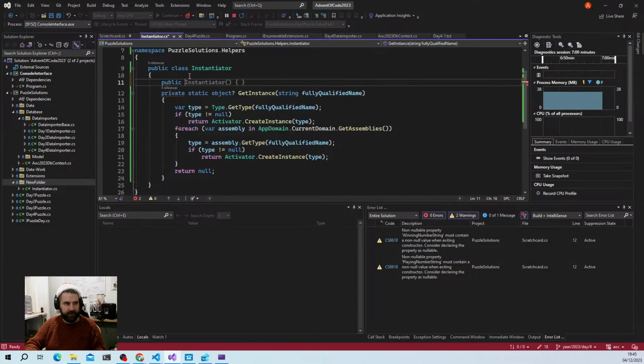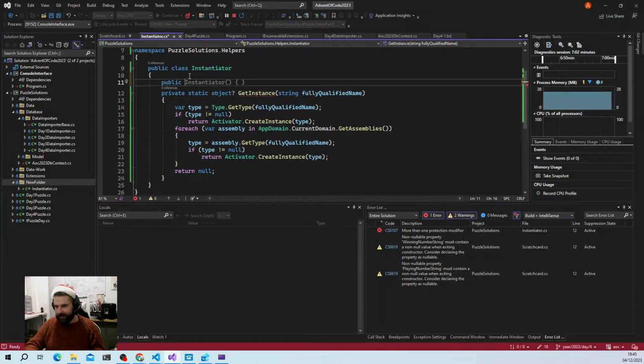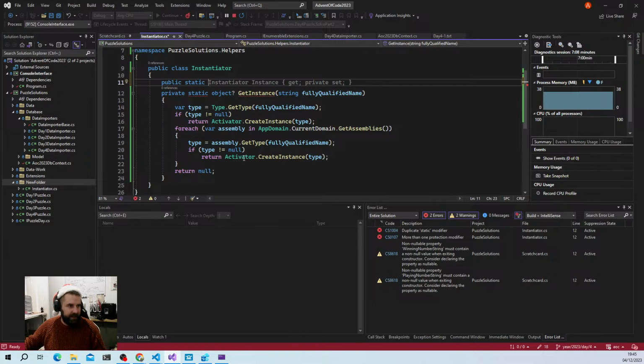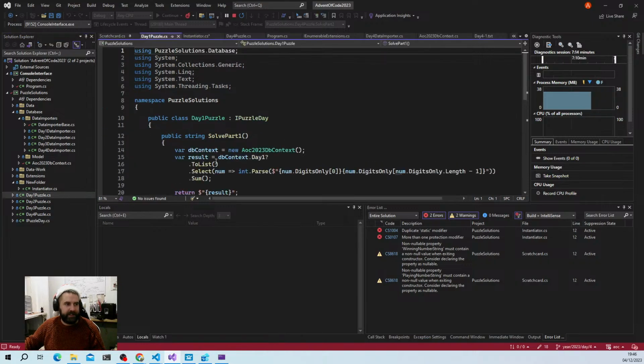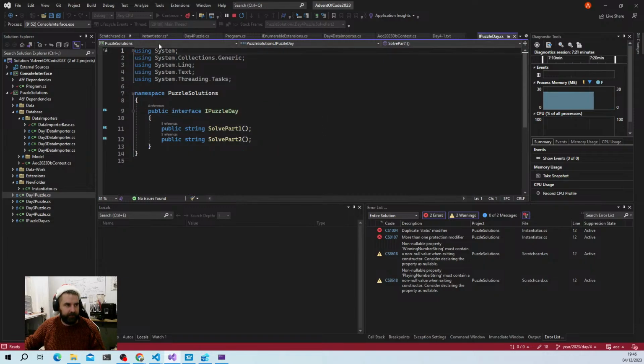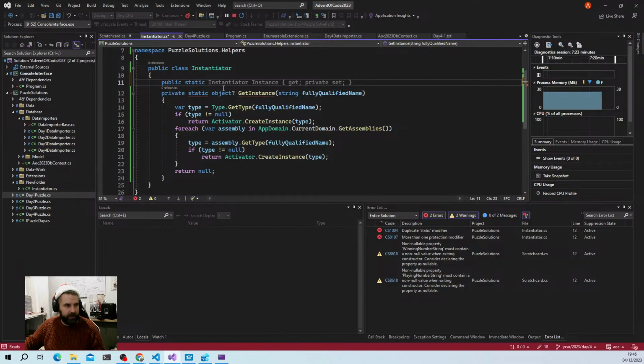It's going to be public. It's going to be static. And it is going to return an IPuzzleDay, so this here, this interface. Because if we return a Day1Puzzle, we can only ever create Day1Puzzles, but all puzzles will be an IPuzzleDay. So we're going to, hello? We're going to say public static IPuzzleDay, and we're going to say